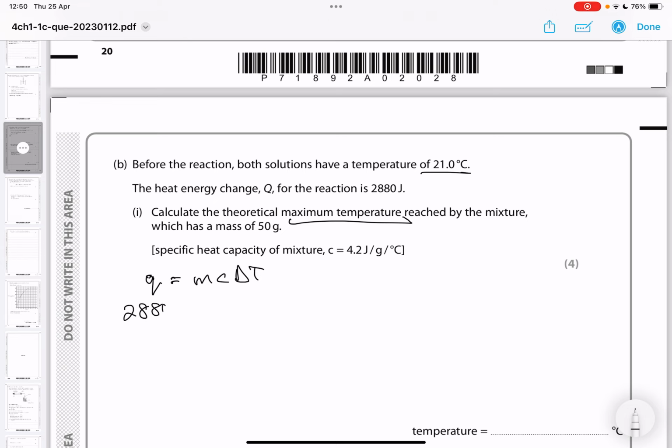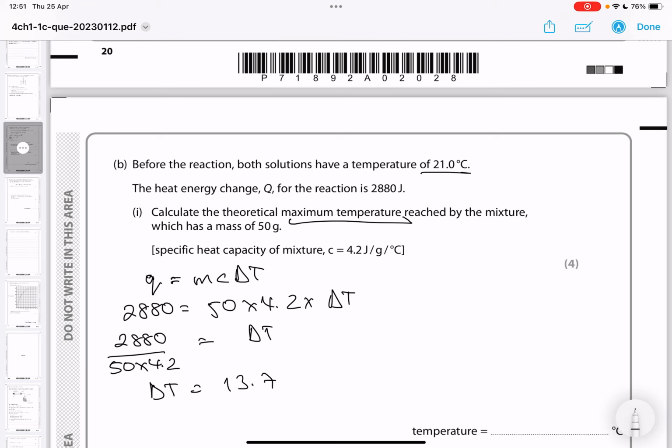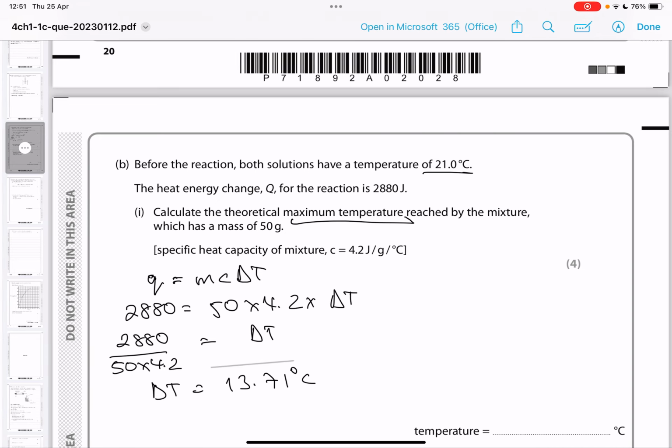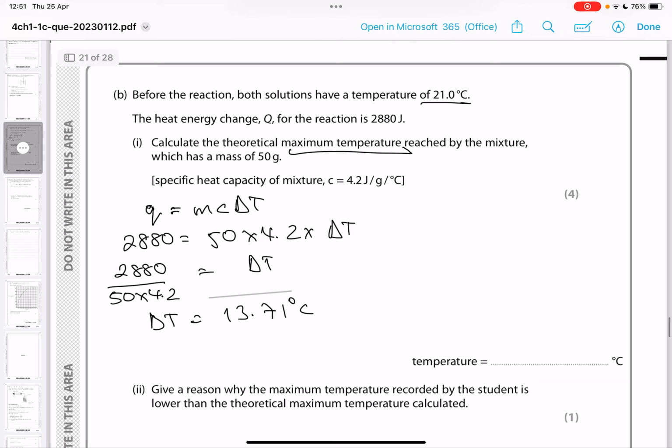Q is 2,880, m is 50, c is 4.2, and delta T is what we need to work out. So delta T equals 2,880 divided by 50 multiplied by 4.2. So delta T should give you an answer of 13.71 degrees Celsius. Okay? Now, that gives you the temperature change, but remember the question's asking what's the maximum temperature